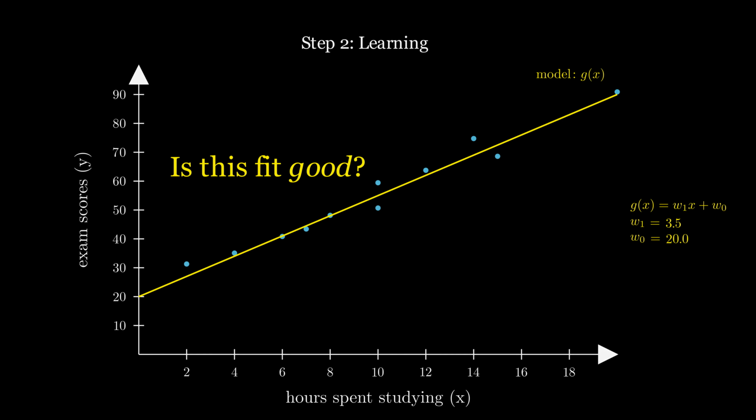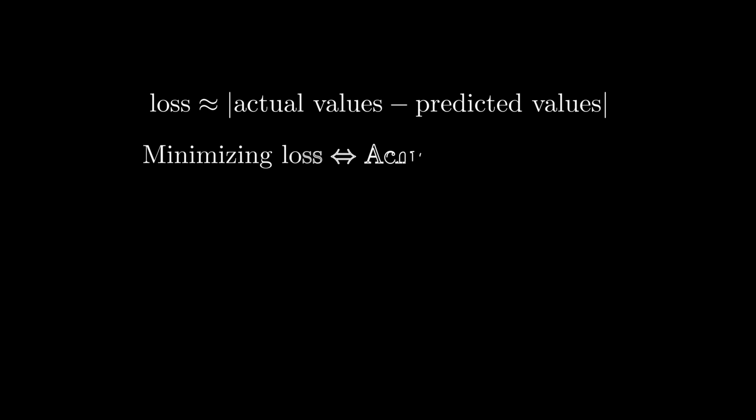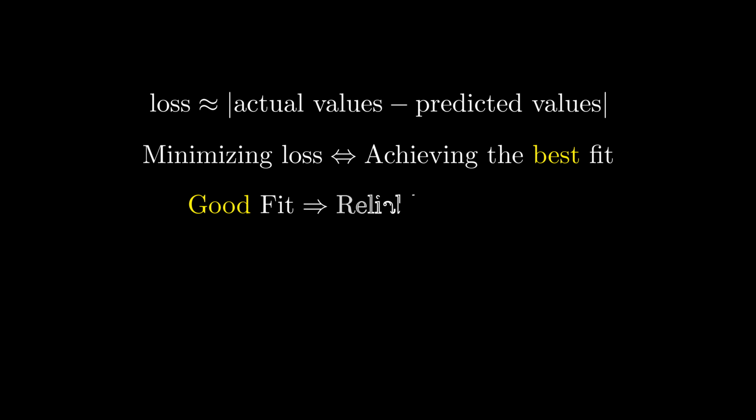machine learning. A good fit is achieved when our model's predictions closely match the actual data. This closeness is quantified using a loss function, a mathematical formula that calculates the difference, or loss, between the actual values and the predicted values. The goal of learning in machine learning is to minimize this loss, thereby achieving the best fit. Remember, a good fit means essentially that our model makes reliable predictions about new and unseen data, which is crucial